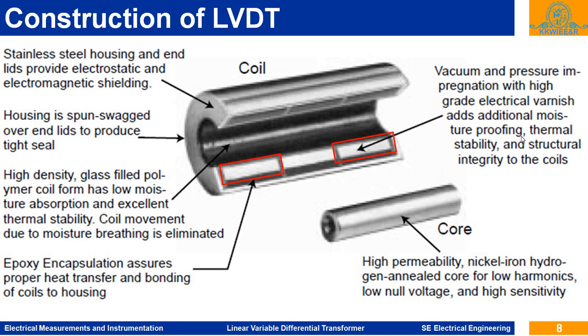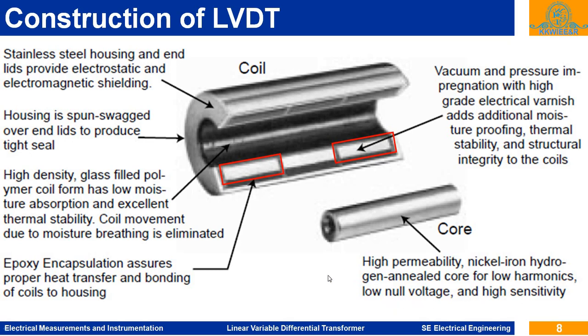Okay, so there is no gap, so the moisture is not absorbed, which gives thermal stability. So this is the construction of the coils. Then in the hollow portion between the coils, there is a core. This core is free to move in the coil. This core is made of high permeability nickel iron hydrogen annealed core for low harmonics, low null voltage